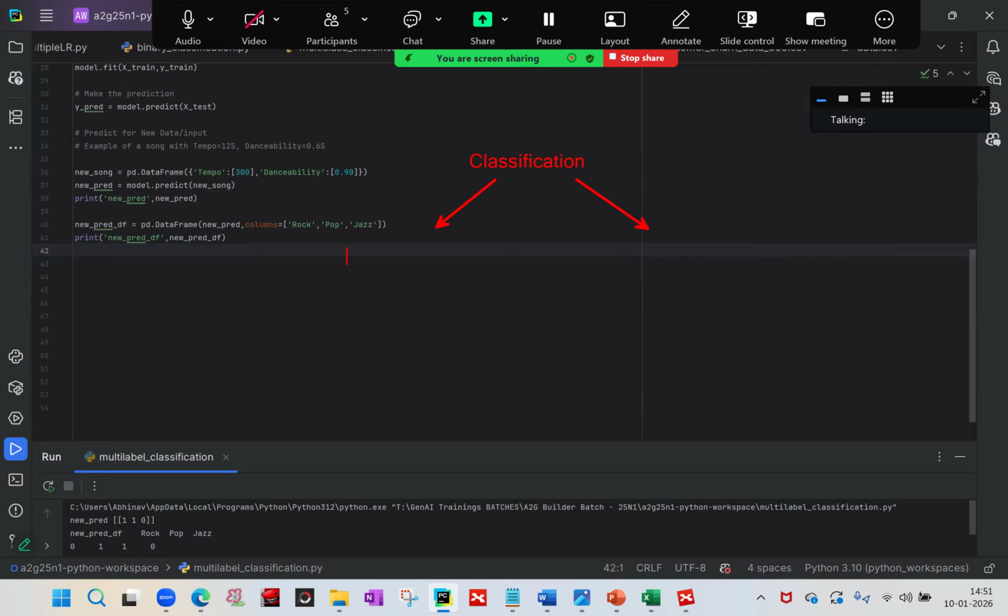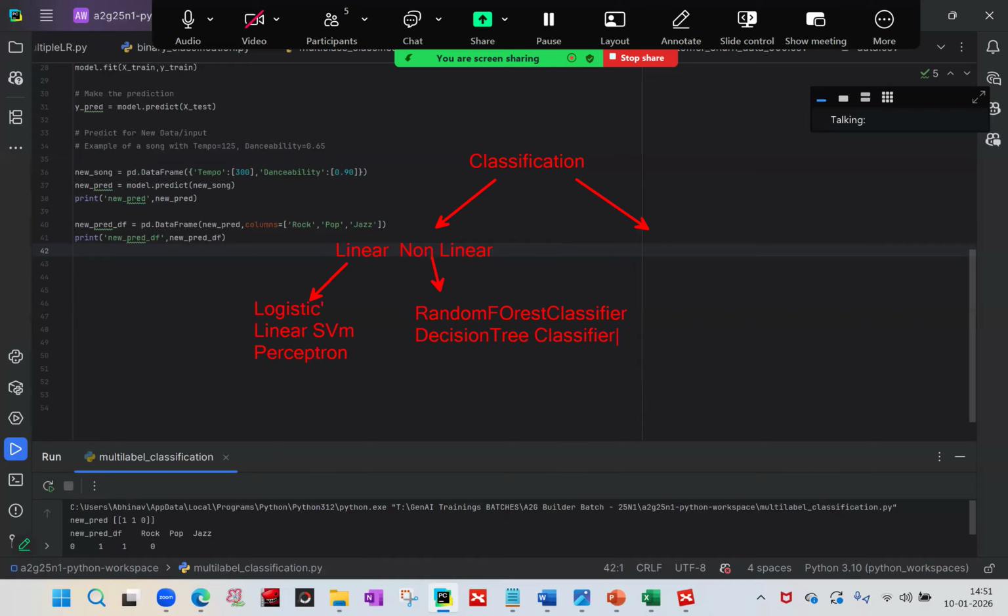Based on the boundary, classification is divided into linear and non-linear categories. In the linear category, some of the algorithms we have seen are logistic regression, linear SVM and the perceptron model. In the non-linear category, we have seen random forest classifier and decision tree classifier,